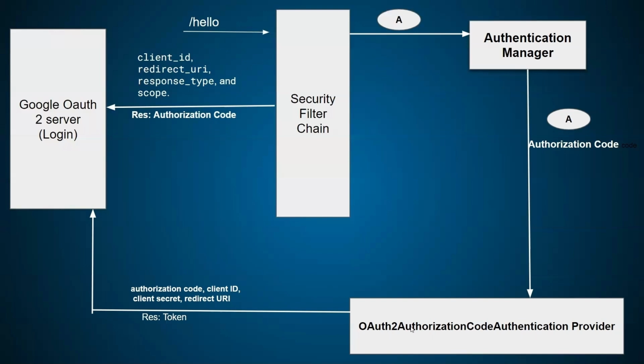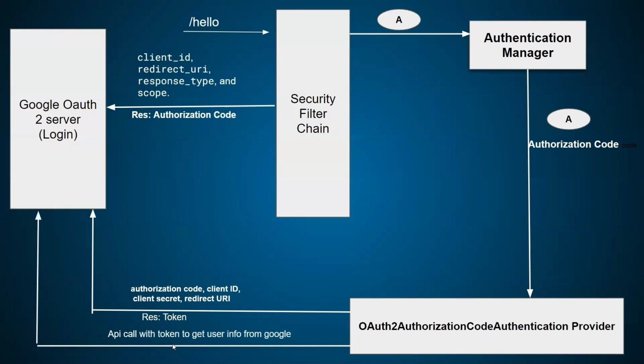Now again, the authentication provider will form one new URL, and it will call that URL. Which URL? This is also the URL of the Google OAuth 2 server. So again, it will make the API call to the OAuth 2 server, and pass that token. Based on that token, the Google OAuth 2 server will validate that token, and it